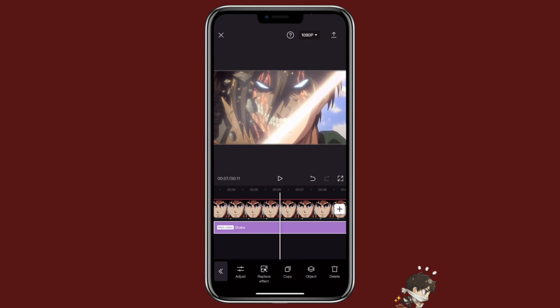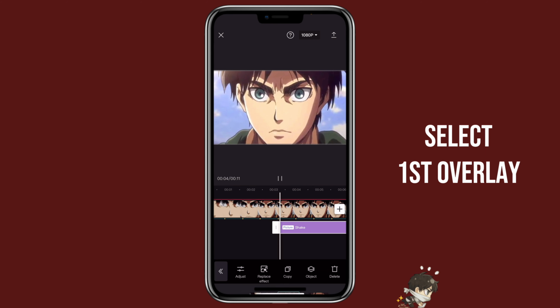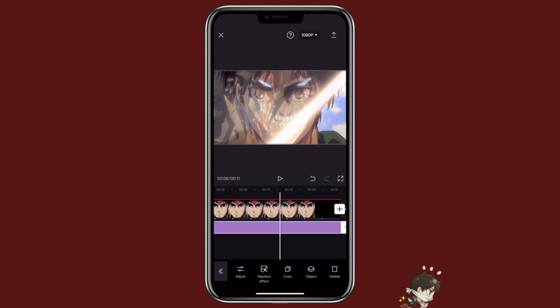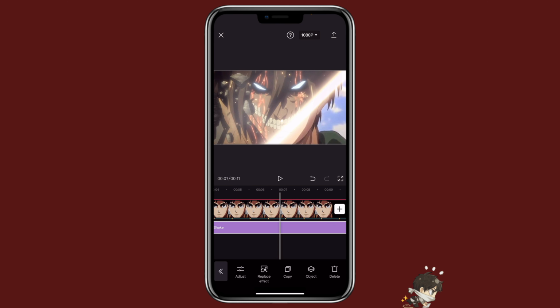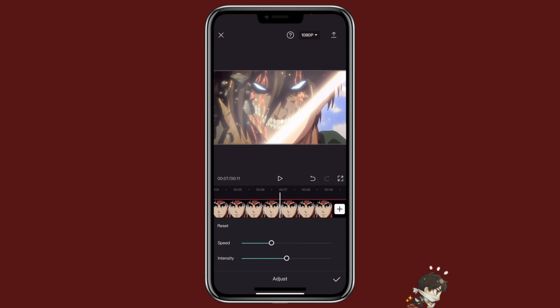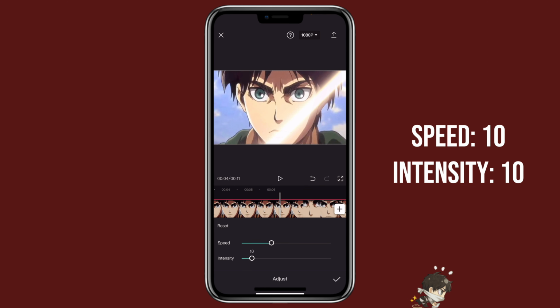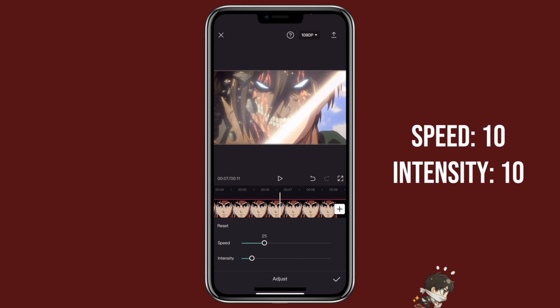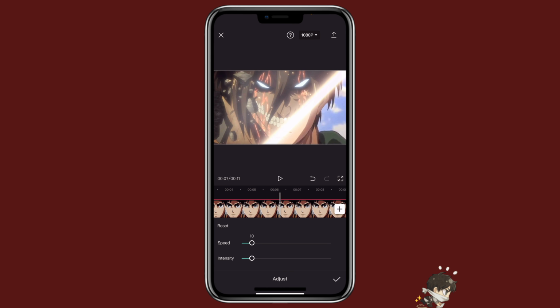You want to click on object and then select overlay. If you don't like the shake too much, you can click on adjust and then adjust the intensity and the speed to how you like it. I have the intensity at 10 and speed at 10 as well.